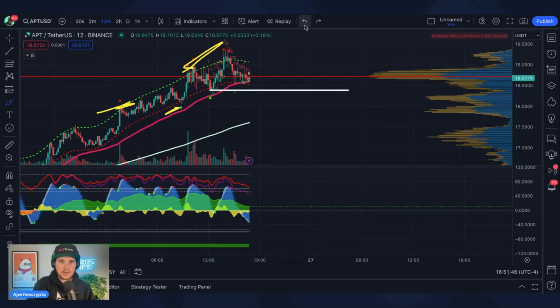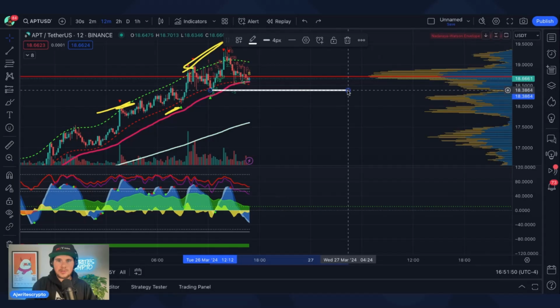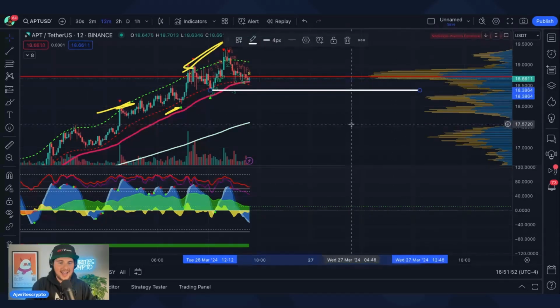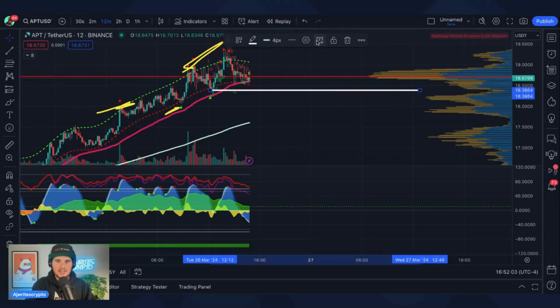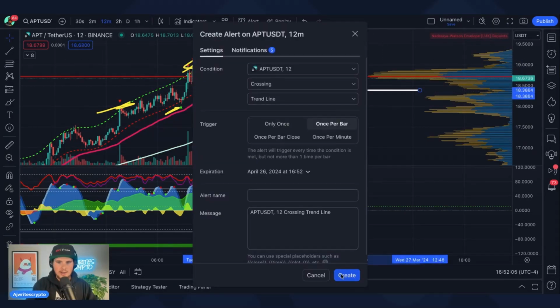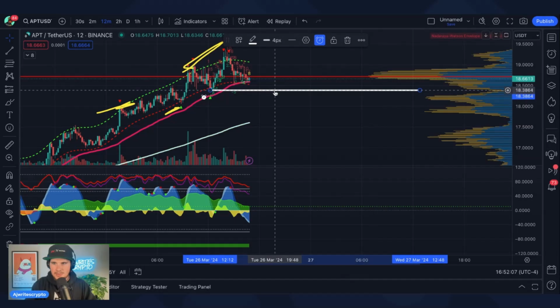So what am I going to do? I'm going to make this line longer. We do not guess at AJ Writes Crypto. We react. We wait for the market to give us a signal. We wait for the market to tell us what to do. Okay, so I'm going to set this alarm right here, once per bar. And what is this price level at? This price level is at